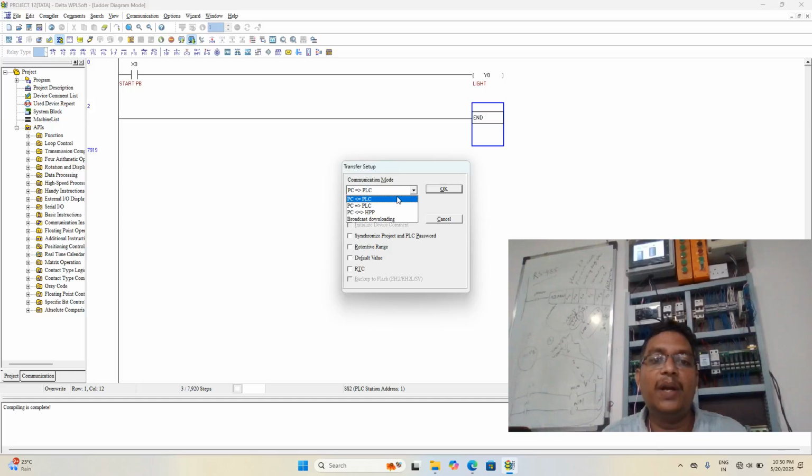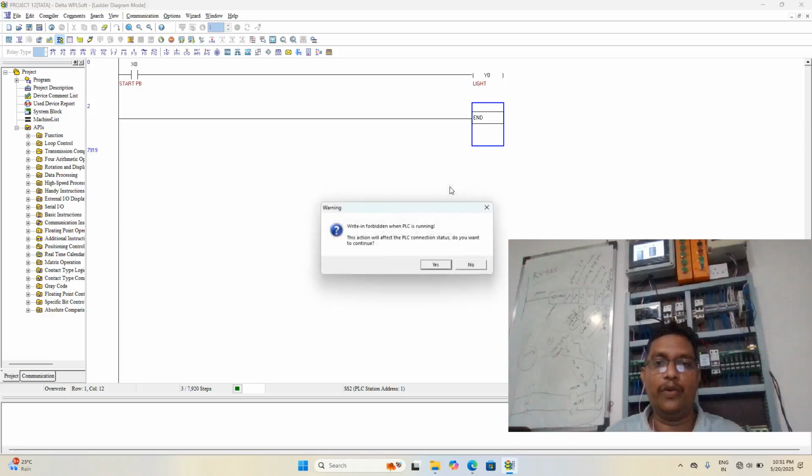This arrow mark from PLC to PC is the backup option. Whenever you need to take a backup of a program, you select Read from PLC. Currently we are not going to do that, because we are going to download the program. So the PC to PLC arrow mark should be selected here, and I am clicking OK,